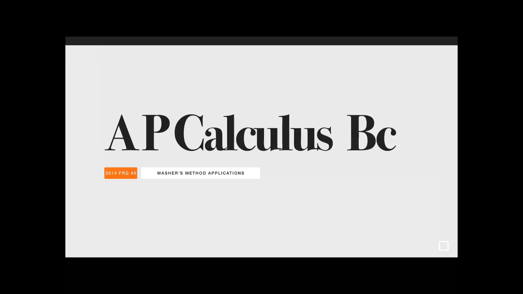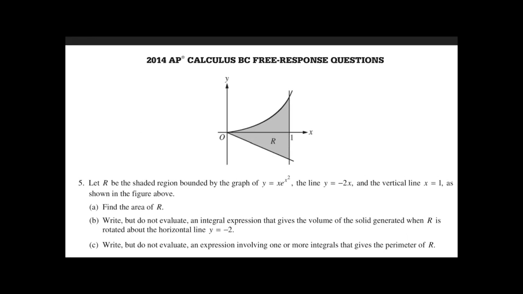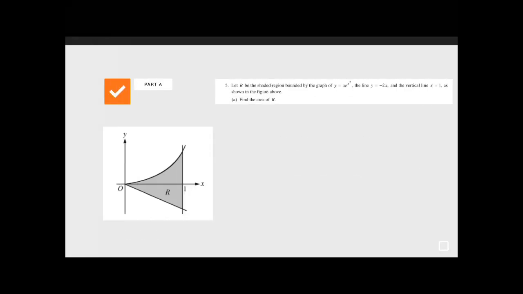So today we are going to talk about 2014 FRQ number 5, which is a basic application of Washer's method. So here you can have a look at the question. You can just pause. And for part A, it asks us to find the area of R. And